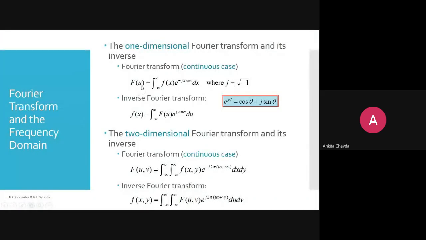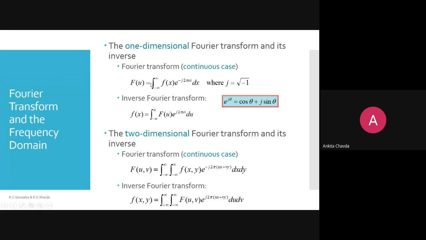First is F of u. Whenever we are talking about this f of x, you can understand what x and y are. If it is one-dimensional, clearly written, it is one-dimensional, so it is a single dimension, one vector. So here this variable x is nothing but a variable of your spatial domain. Same way, u is the variable in your frequency domain. Over there we will use the variable names u and v, and in the spatial domain we were using x and y.